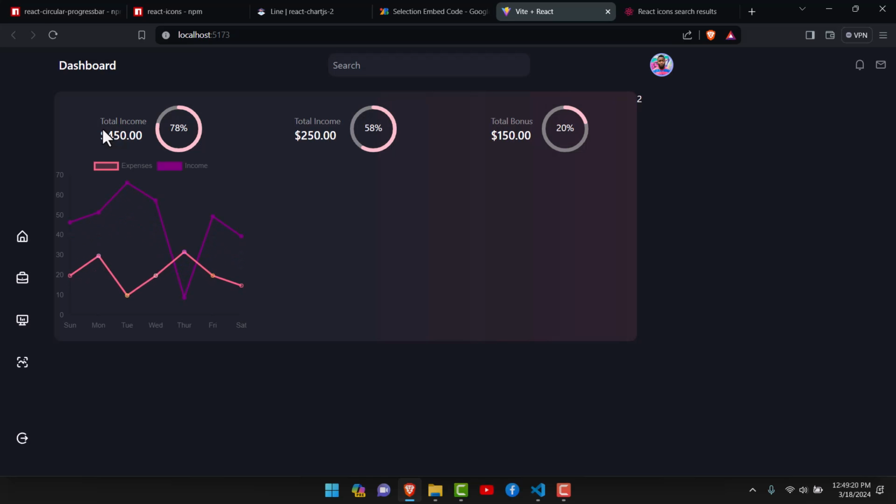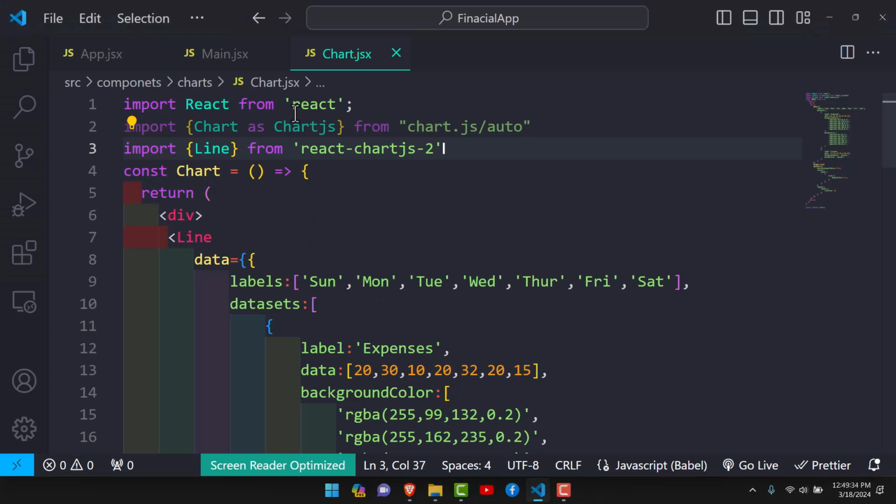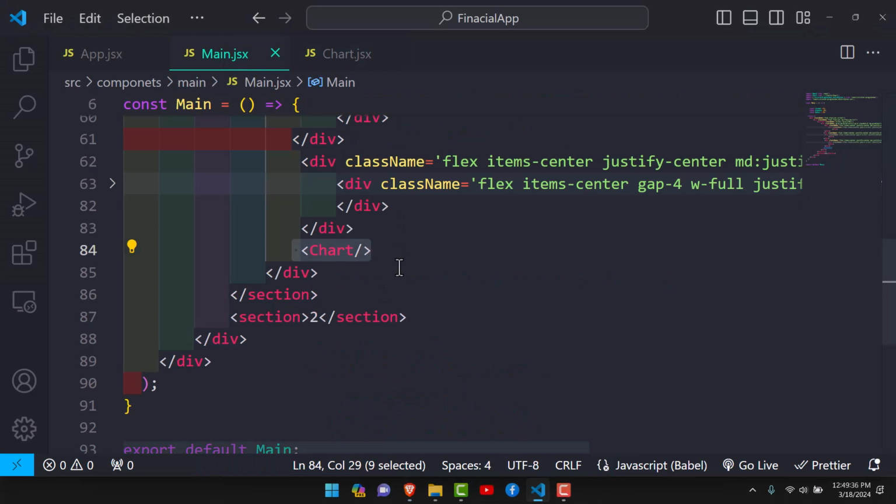When we come back here, that's being refreshed, and there you go. So we have the shirt, but it looks like we need to fix the container where it should appear. So let's get back to the main here, and first of all, just get rid of it, because now what we want to do is